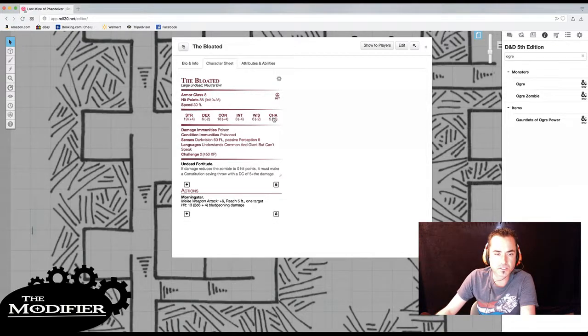Now we've got the statistics, and I'm not really going to mess with those right this second. I may change them a little based on what we do down here at the bottom, but I'm going to keep them the way they are. Of course, with the armor class of 8, its dexterity probably isn't going to be too...